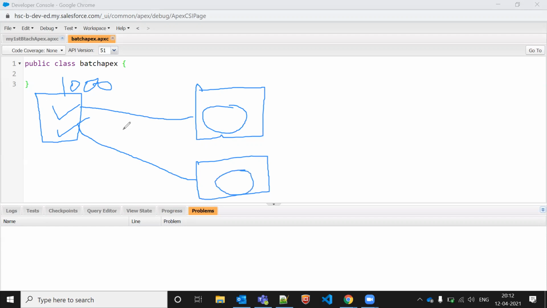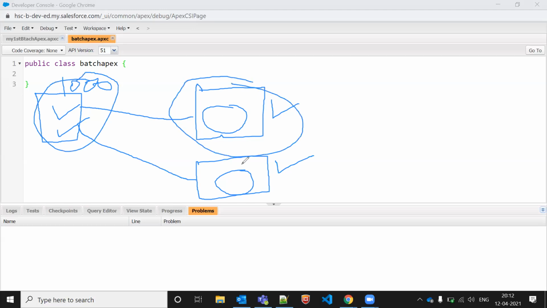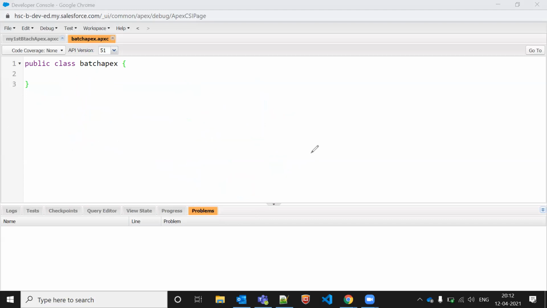We are just filtering the records: this is my SFDC India, this is my SFDC US. Once the records are transferred to the two tables, they should be deleted from the original, as per the criteria. So let's try to do it.